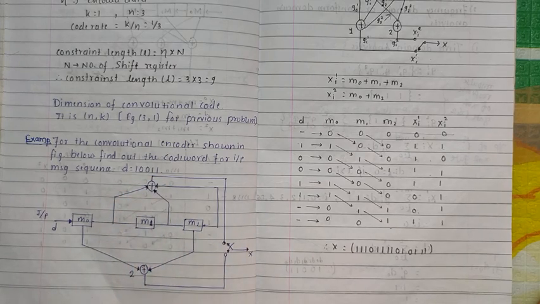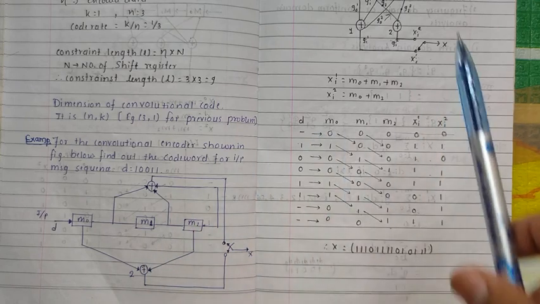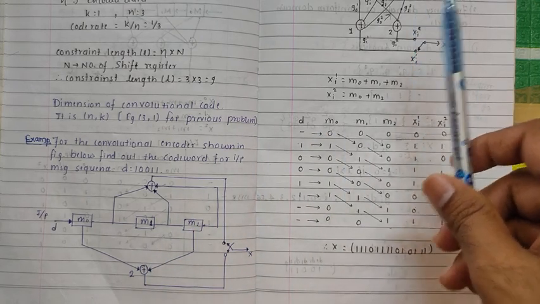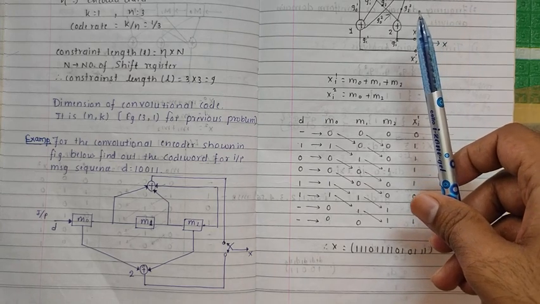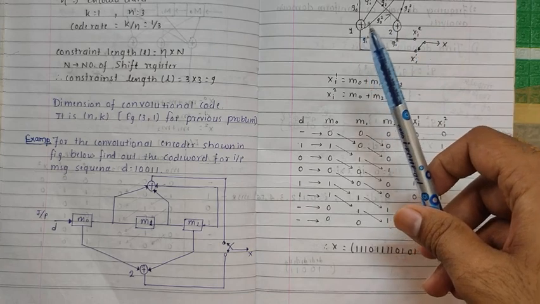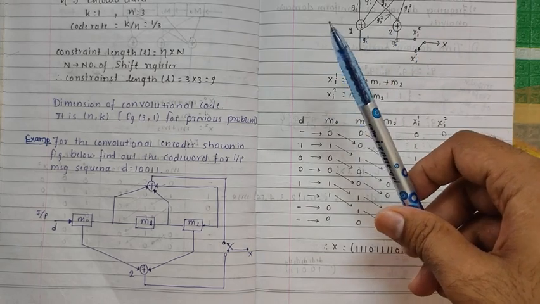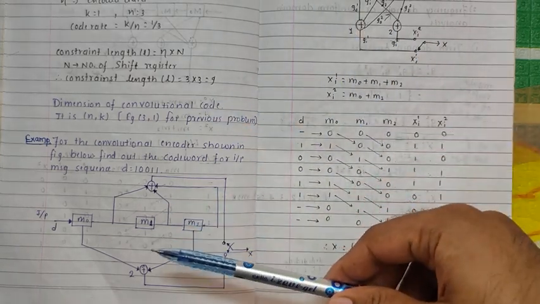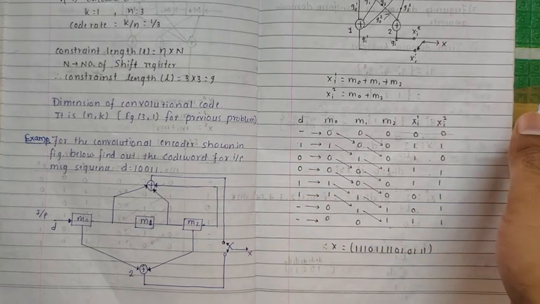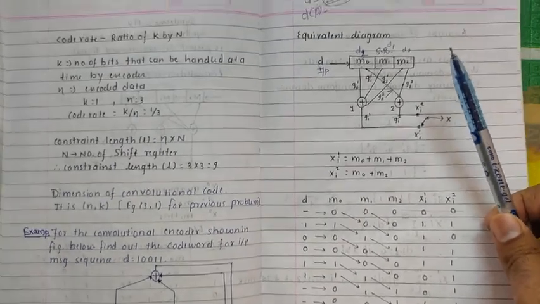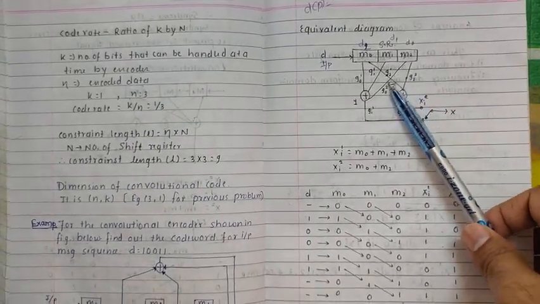Now what we can do is first redraw this figure into the figure which we have drawn earlier in my last session. We call that figure the standard figure. So whatever figure is given, we are trying to convert it into the original or standard figure. This is the figure I have drawn here.